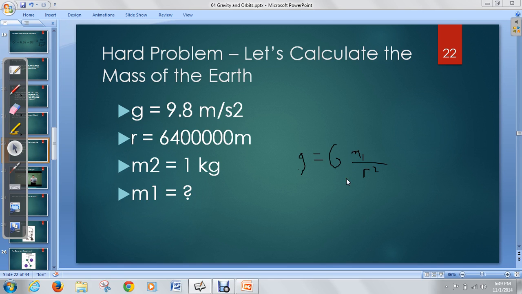So again, I recommend doing this if you haven't already to see that you can actually calculate the mass of the Earth. Okay? So really cool that this equation has so much power. We can use it to calculate these things. Okay? All right, and then the last thing we talked about was